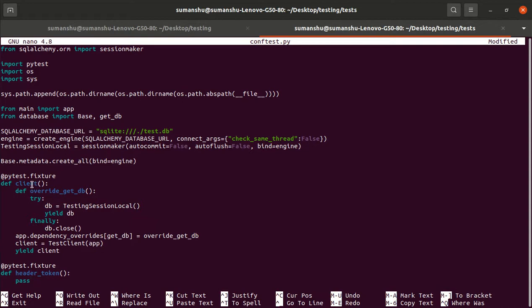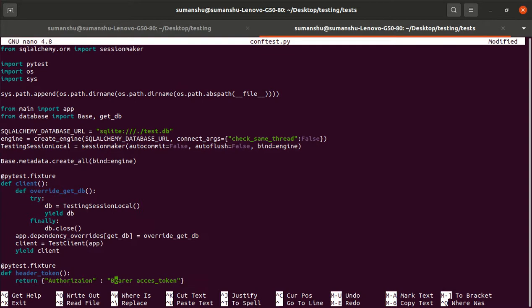One fixture is the client fixture that will execute, and the other fixture is the header token fixture that will execute. What it should return is a dictionary with the keyword authorization, then colon, then bearer, then the access token. It will return this, right?